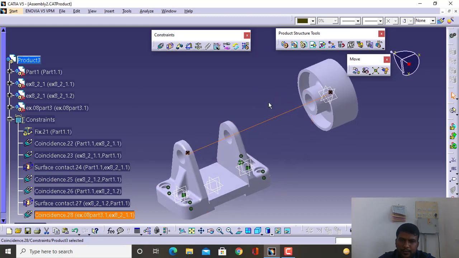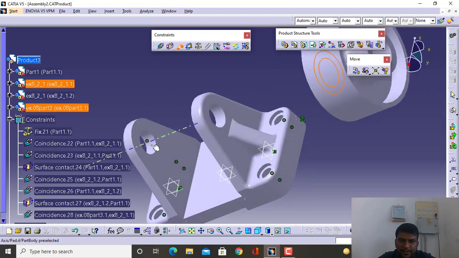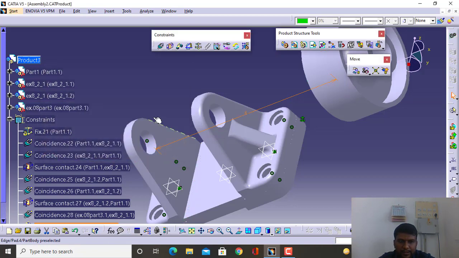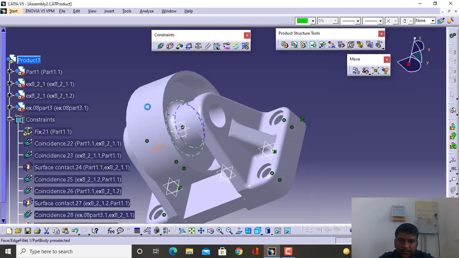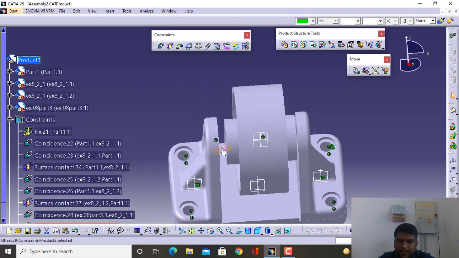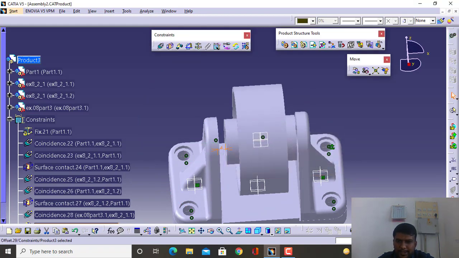Next thing is we can apply another constraint here. So we can go with the contact or the coincident or the offset. There is an offset constraint here. With the offset, you can give a distance or offset value between two selected surfaces. We select two surfaces and we define an offset value here. So let me define an offset value here and update. Don't forget to update every time. Whenever you do something, you have to update the parts. Just double click on the dimensions. If you feel that it is lesser than the given value, you can go ahead, change it and update again.